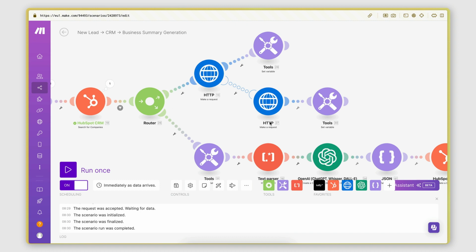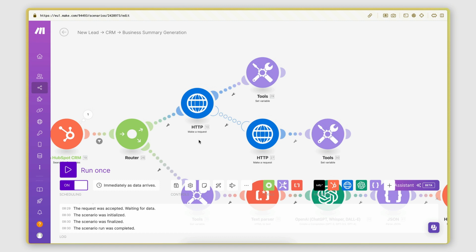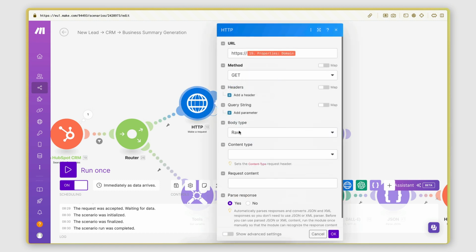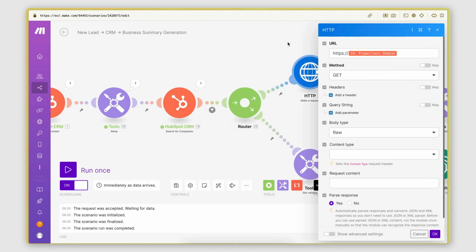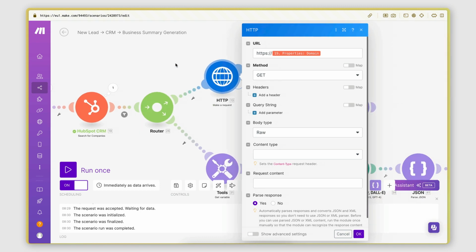Now, in the first path here, in the first portion of this automation, what I want to do is retrieve the website content. So if we click on this HTTP request here, you can see that I'm making a GET HTTP request to the domain of the company, right? So you can imagine this being https://samplecompany345.com, whatever it is. It will make a GET request, and that will retrieve all the